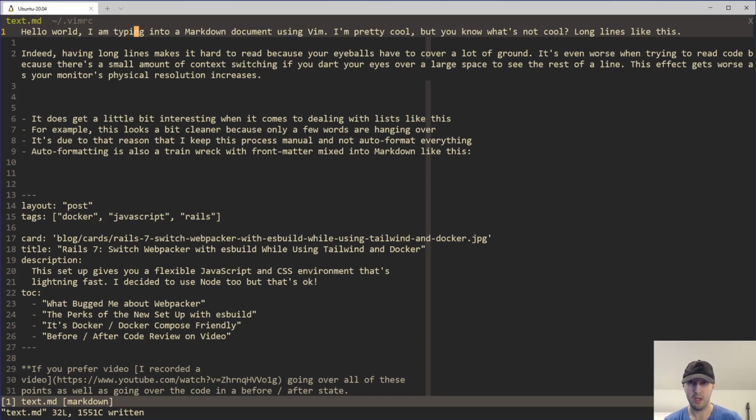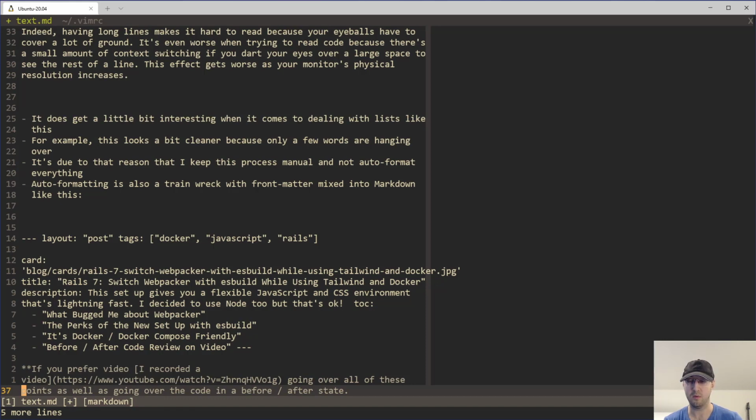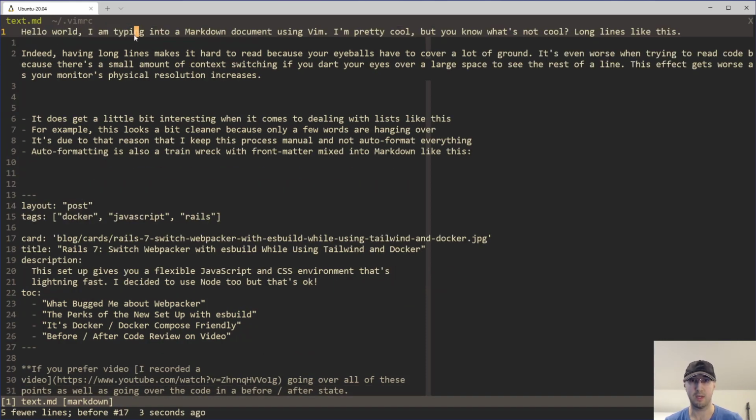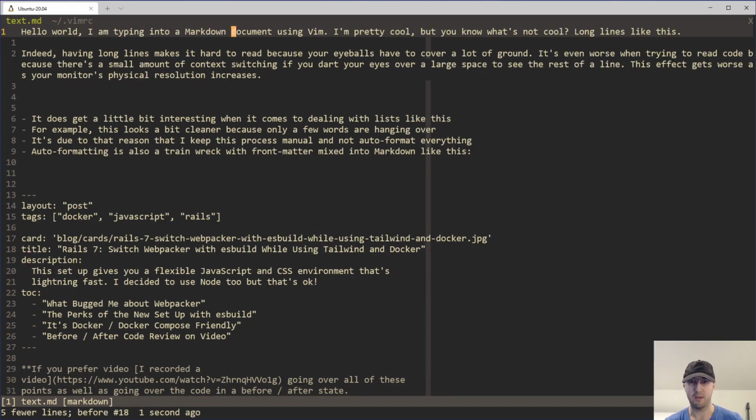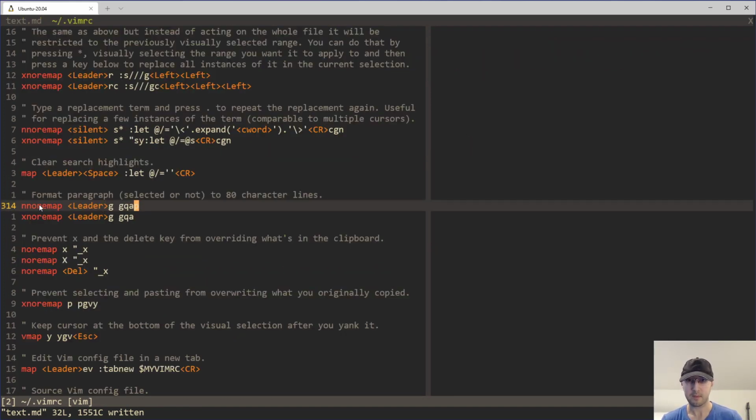of motion that you want to do, you can do something like gq Shift G, and that's actually going to do the entire file. Assuming that your cursor is already at the top of the file, you can always jump there with gg to get there up top first. So in that case, if we're over here, then I would do gg, gq, or uppercase G. And I mean, that starts to get a little bit crazy, right? I would never do one on the full file. Two, that is way too much typing. So that's why I just have this custom mapping set up here, just so I can do leader G, and